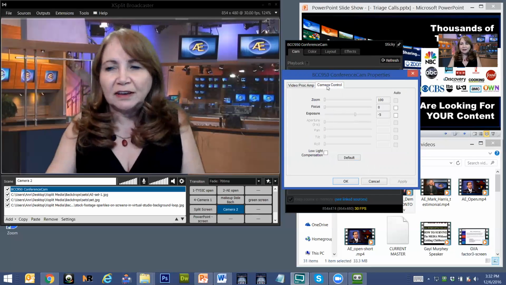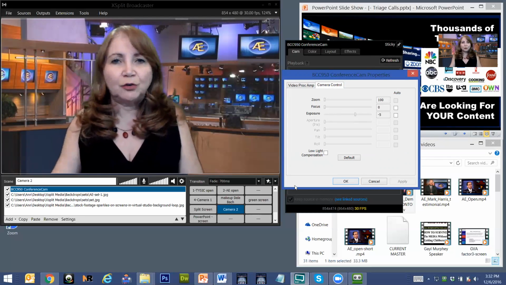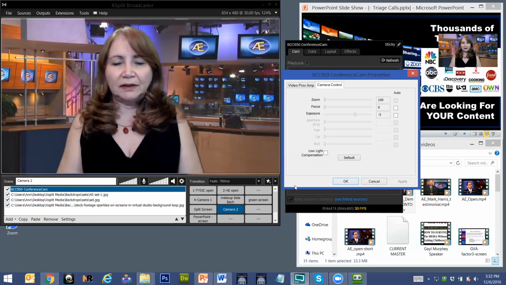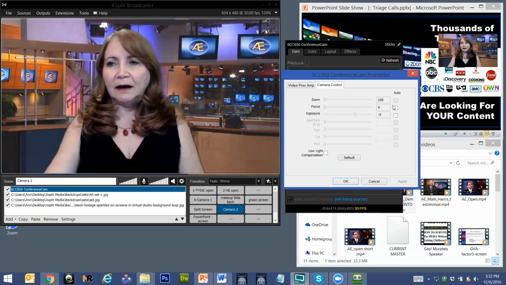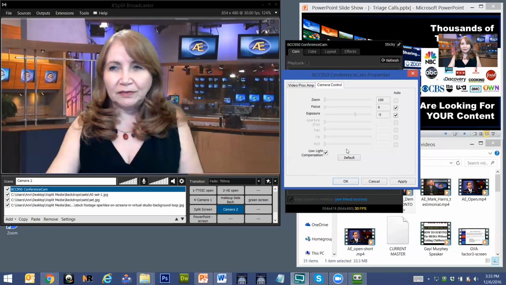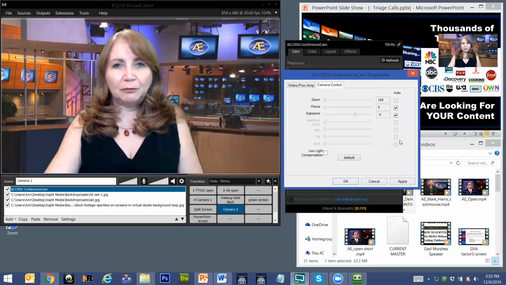In this case, the camera control, before I do anything, to make sure that it's going to be the best quality, I go ahead and sit in a place where I'm going to be sitting. Usually when you first turn it on, these automatic controls are going to be on. It automatically starts. So I go default, this is what it's going to do. What I do is I sit in the place where I'm going to be, and I uncheck the autofocus,